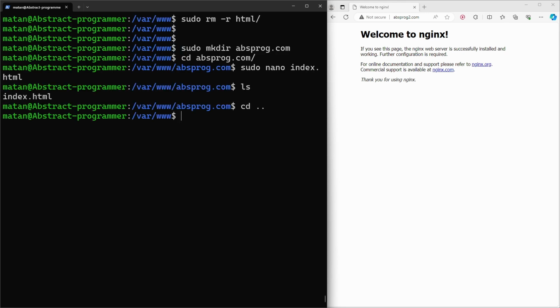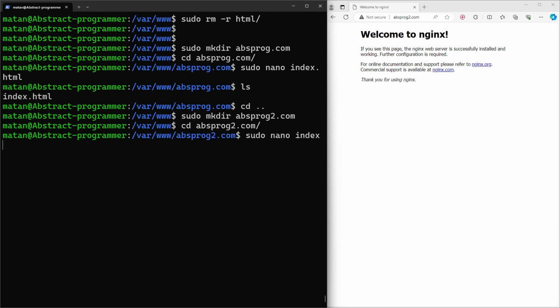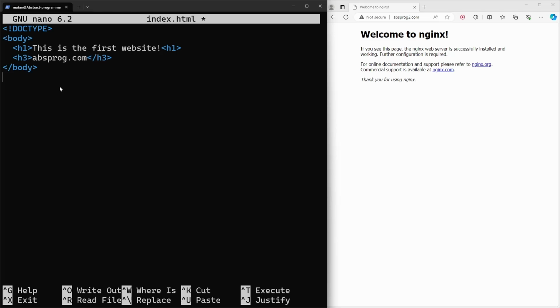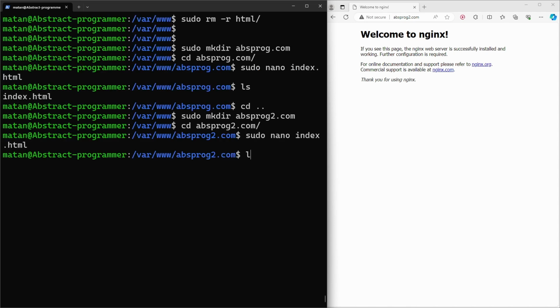Let's create a folder for our second website, and once again I'll use the domain as the name of the folder. This folder is also going to be very simple and will only contain an index.html file. And I'll change the text a bit so it will be easy to tell the two websites apart. So we now have two folders, each representing a different website with its own index.html,